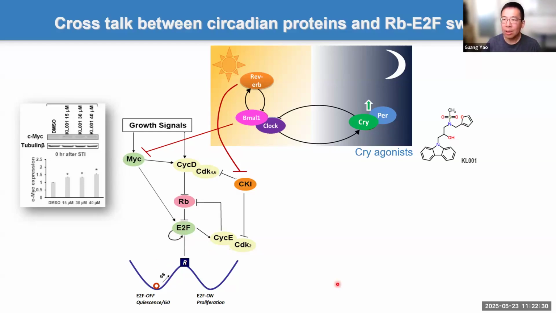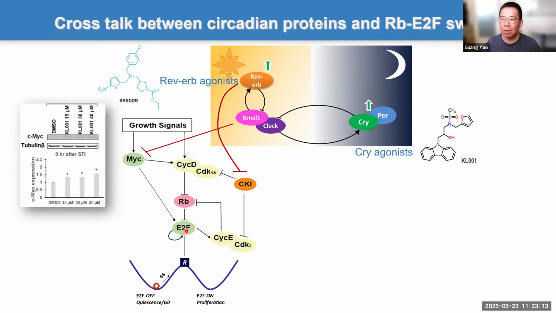Okay, that's one prediction. Another one is REV-ERB. REV-ERB directly represses p21. p21 represses those important cyclin-CDK complexes, and those are a brake on the engine. p21 represses cyclin-CDK, which is an inhibitor of RB. RB is a brake for E2F. If REV-ERB represses p21, that's negative, negative, negative, negative: four negatives, which makes one positive. That means if you turn on REV-ERB, then eventually you turn on E2F more easily. Again, cells will be shallower in quiescence.